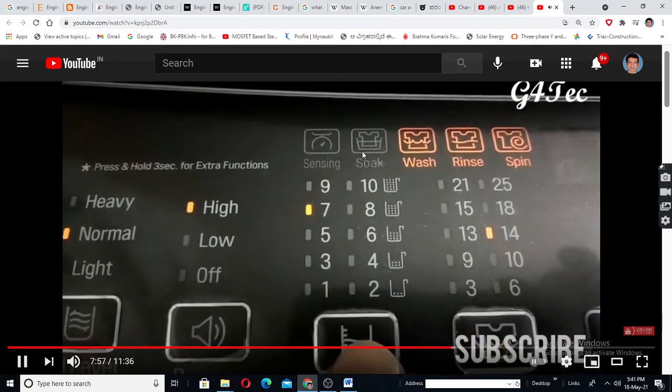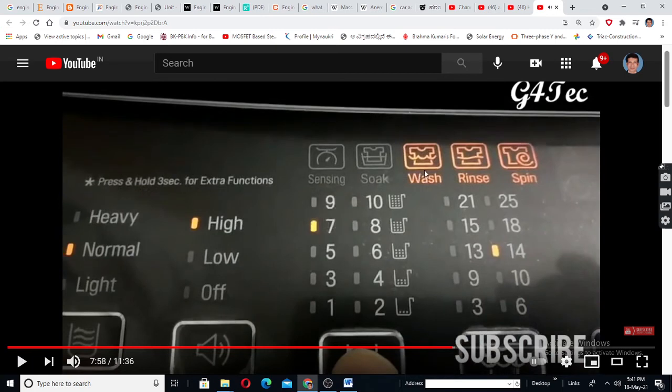See, wash cycle, spin cycle, wash, rinse, spin. If you select wash, it will do all these three. If you select spin, it will do only these two. If you select spin, it will do only spinning, or according to the design. You can select how much clothes are there. If you are putting just half kg cloth, you can select this.